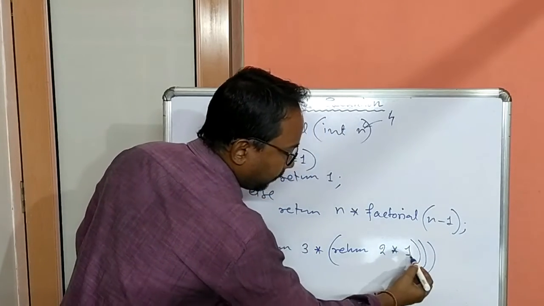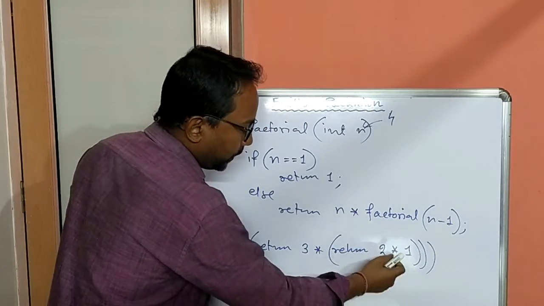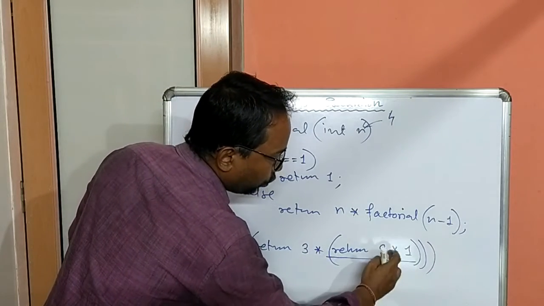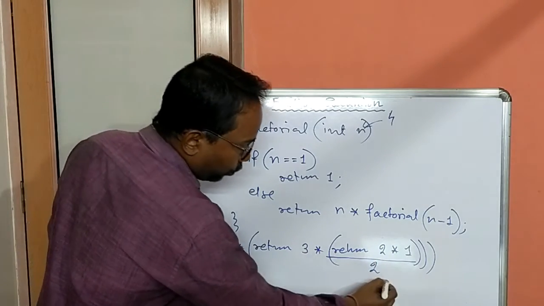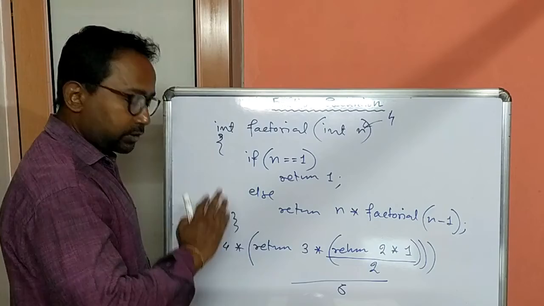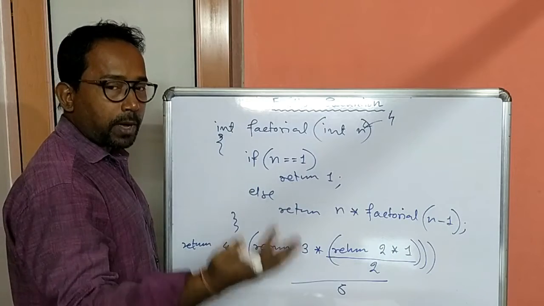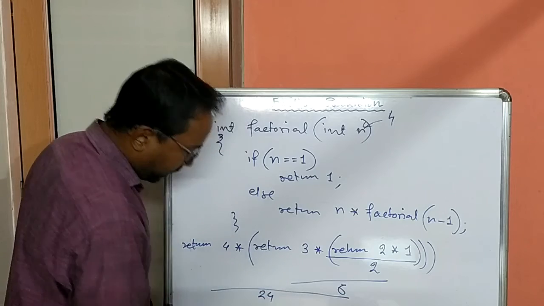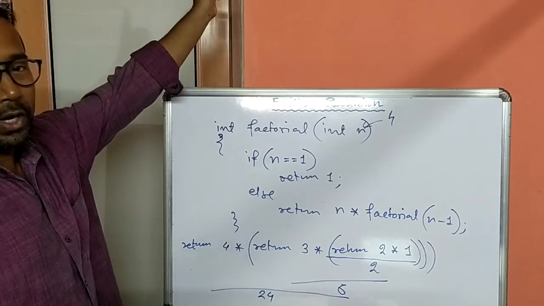Now whenever we are getting value here, the last return statement will execute to return 2 into 1 for 2, which will be returned here. That means this return statement will be replaced by the value 2, 2 into 1 for 2. Then for this 2, this return is getting its value 3 into 2 for 6. Then for 6, this first return which was suspended for the first call of factorial function from other function or from other part of the program or from outside of the program. So 4 into 6 for, we are getting 24. So this return statement will execute now, which will return this 24 to the caller method.